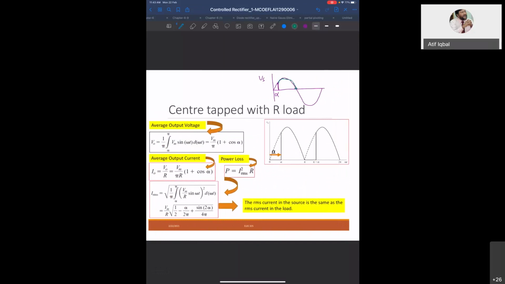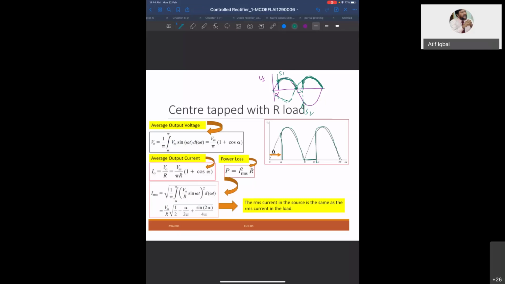And then in the negative half cycle, what will happen? S1 is on here, and in the negative half cycle here, S2 is on. So when you make S2 on, you will get this voltage, because the source voltage is like this. One is your positive voltage, another is your negative voltage. So the positive voltage is like this. In the negative half cycle, you will get it like this. So this is your output.